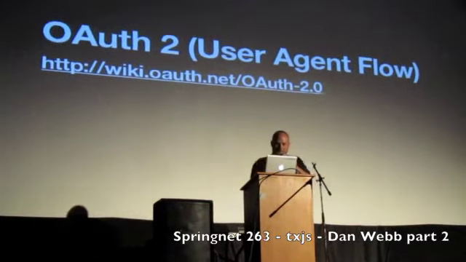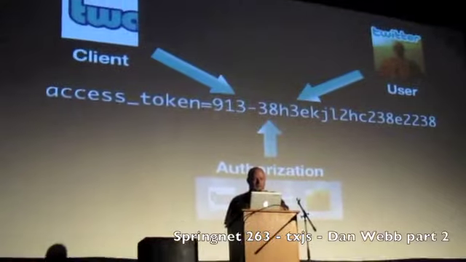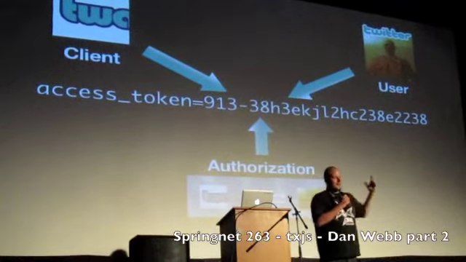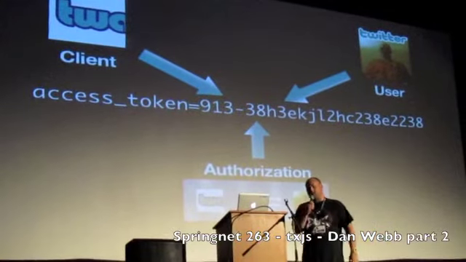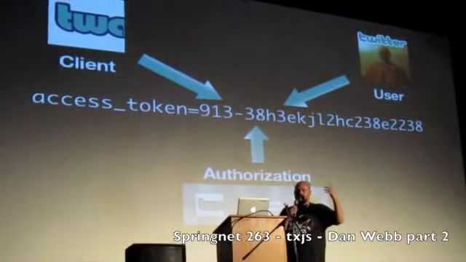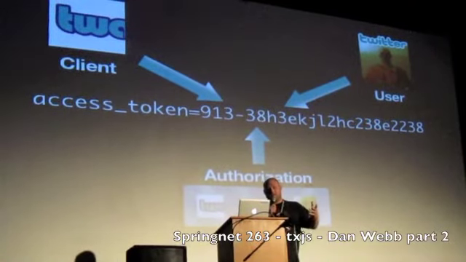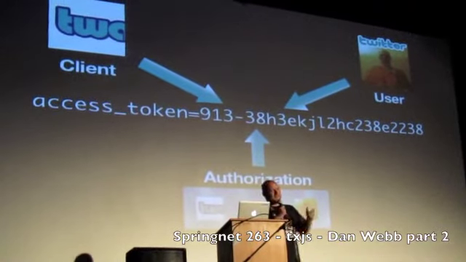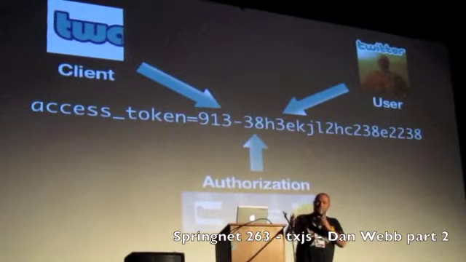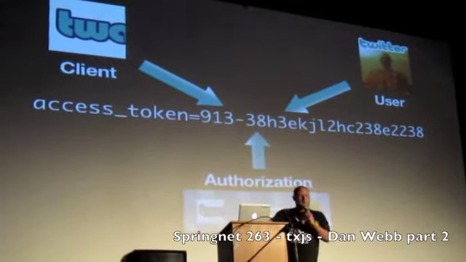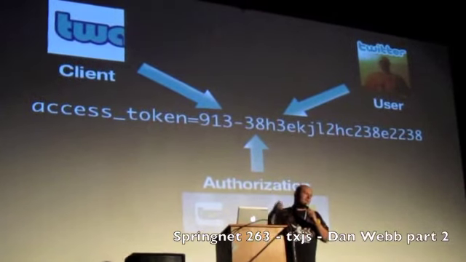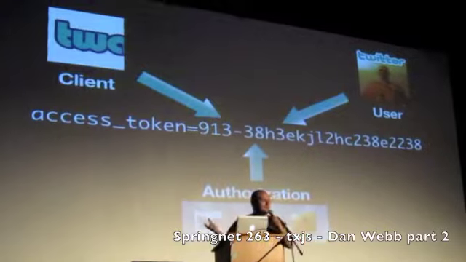But the essential idea is we encapsulate these three things that we need to know about as an access token. So if the service is happy that the client is who they say they are, and they know who the user is, and they know that that user has authenticated and has authorized that client, then we give them an access token, and with that access token, they can send requests and get